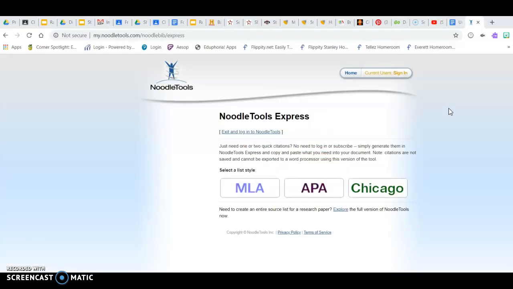Okay, the next thing I'm going to do is show you the bibliography generator. This is called NoodleTools Express. You're going to have to follow the link that I give you in the slideshow, or if you just type in NoodleTools Express in your Google bar, that will bring it up as well. But it has to be NoodleTools Express because the regular NoodleTools is a subscription thing that we don't have. So you're going to click on the style, which is MLA. That's the one you want to remember, MLA. So you click on MLA,